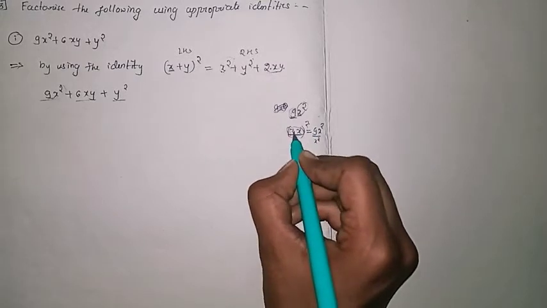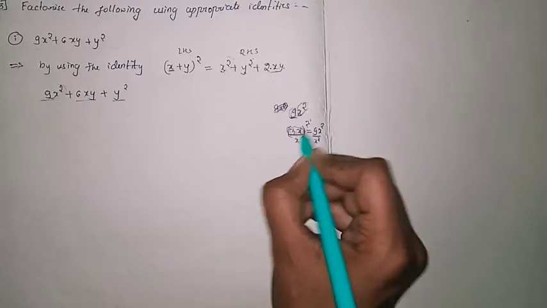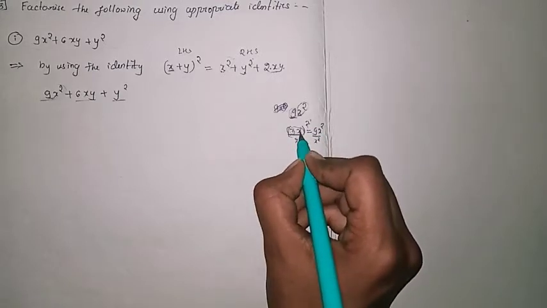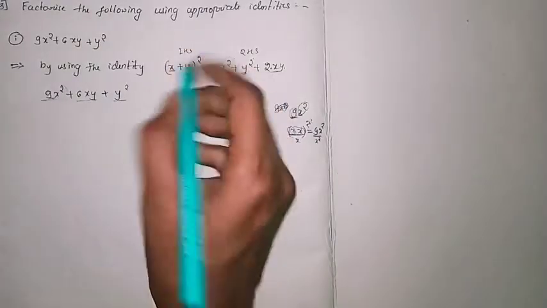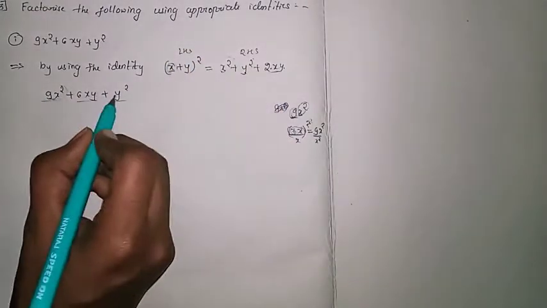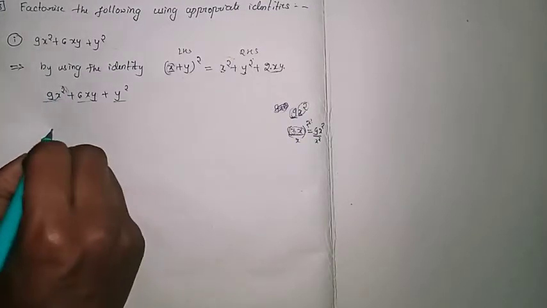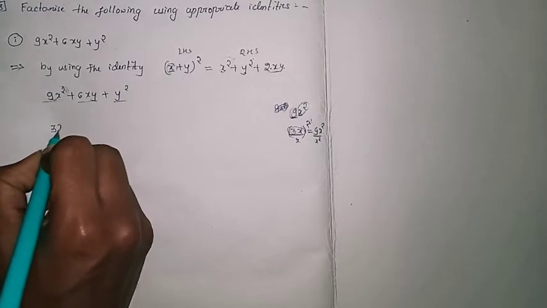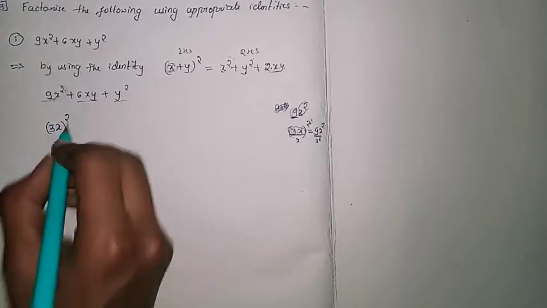So the x term is (3x) whole raised to square, and if you convert this one, 3 square is 9, and x square is x square. So this is our answer. So what do you mean by the x here? Then how will you convert? The x square term you have to convert to the x term, so it is (3x) whole raised to square. So this is our x term.